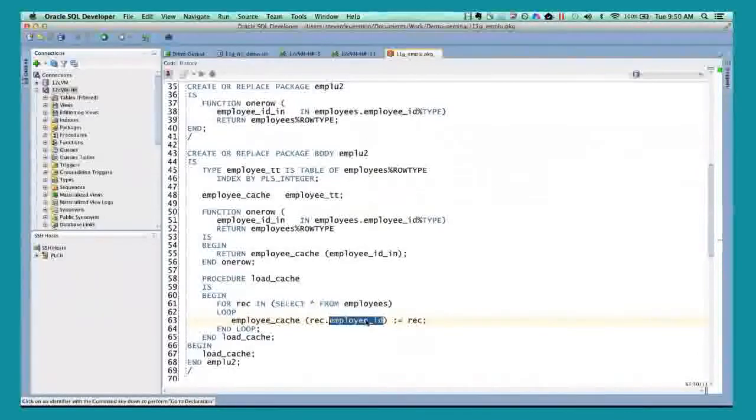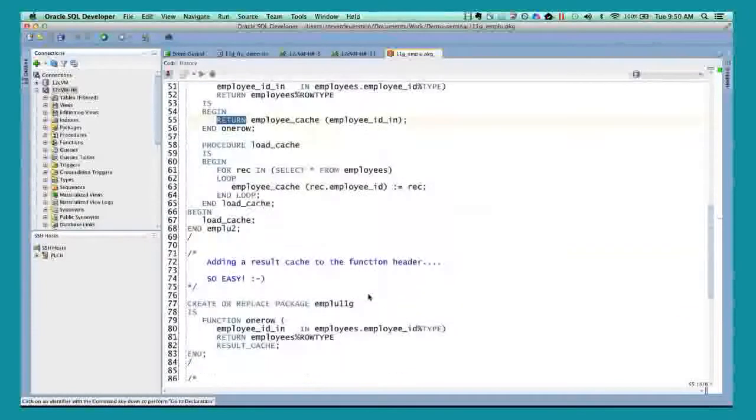I don't have time to go into all the explanations of this one. If you're not familiar with Oracle PL/SQL collections, you definitely need to explore them in more detail, and perhaps we can do a separate session on that. But essentially, I've copied the entire table into memory, and now my function for one row simply goes to that location in my cache and returns it. Very fast caching, but it's got a lot of drawbacks I'll come back to.